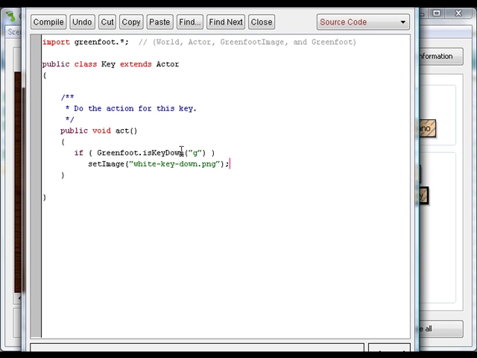So that when the G key is set, then I'm going to set the image for this key to be kind of a grayed one, where it looks like it's been pressed or depressed. Then I'm going to put an else statement here,